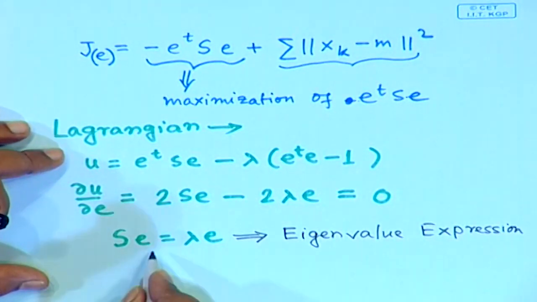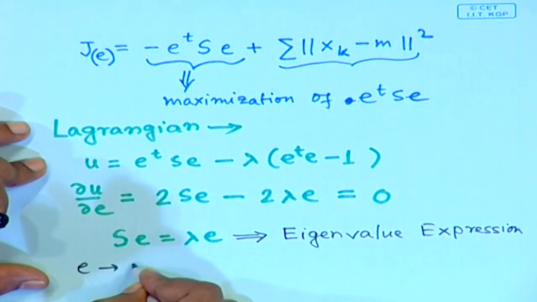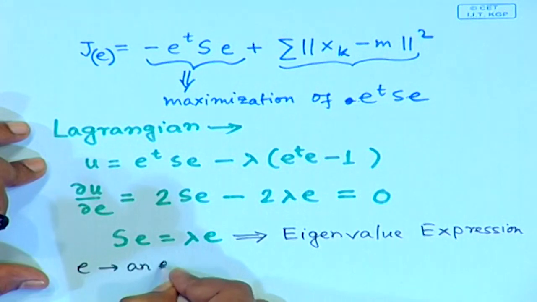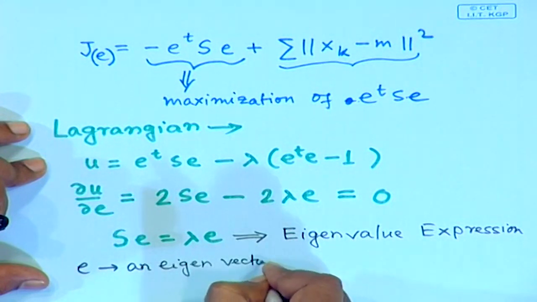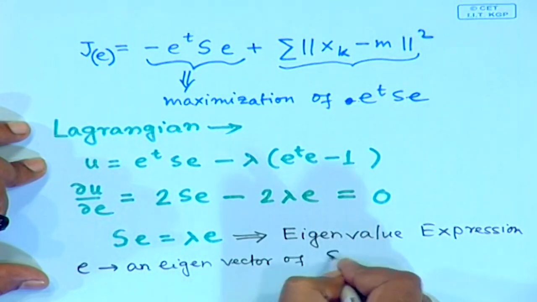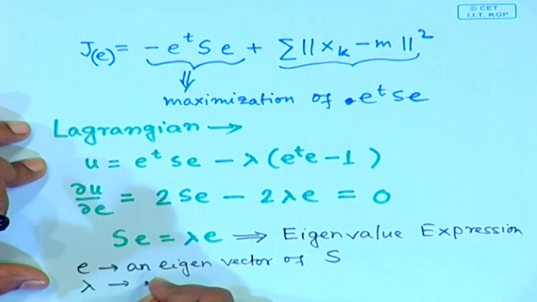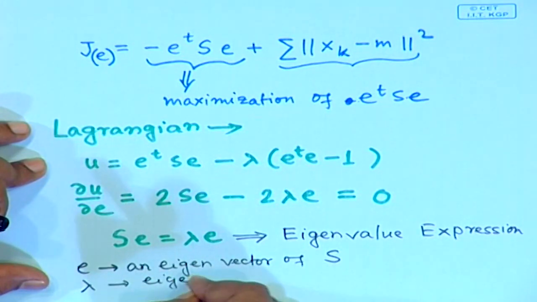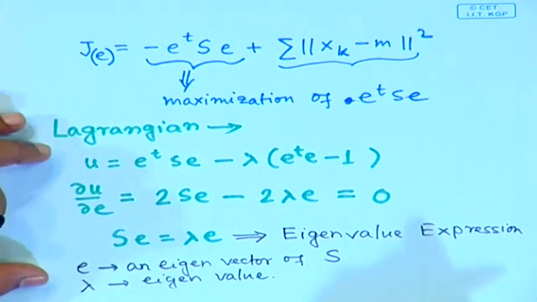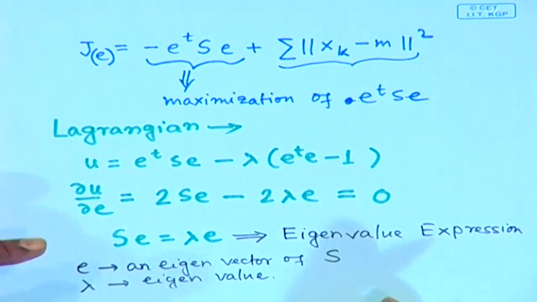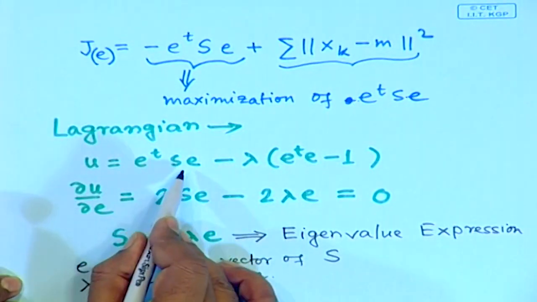Where the vector E is an eigenvector of S. Okay. And what is lambda? It is the corresponding eigenvalue. And now you remember that I have to maximize, or my aim is to maximize E transpose SE,